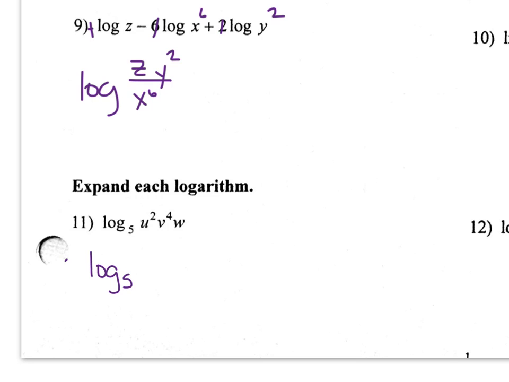So remember, when you're expanding, each variable gets its own log. So that's the u, and the 2 went out front. And then the 4 goes out front here for the v. And